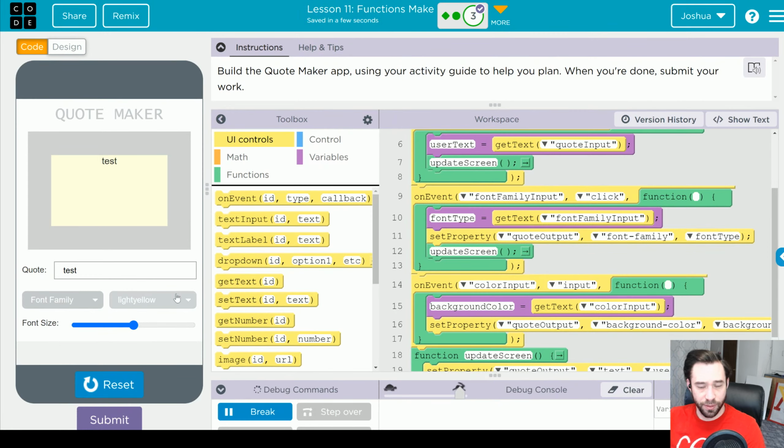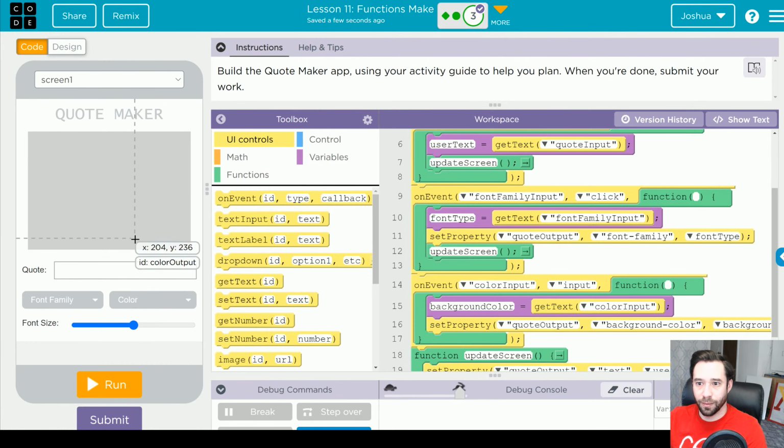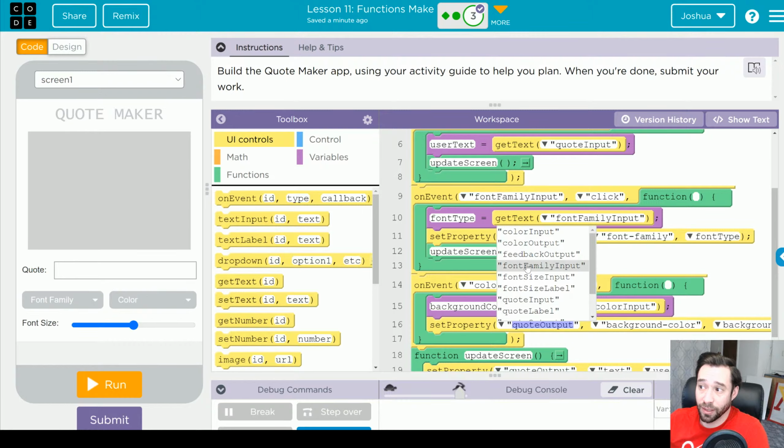All right, so what's different? Why is that so small? Look at that. Check this out. So if I click here, or if I stop running it, there's actually two boxes. There's quote output, but then there's color output. So all I have to do is switch the thing that I'm changing to color output,